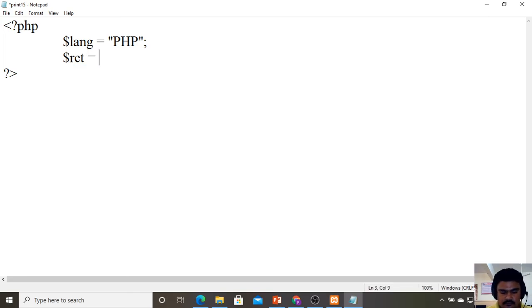So here I am going to take some value for the return, like $lang is a web technology, or else you can say web development language. Okay, web development language.